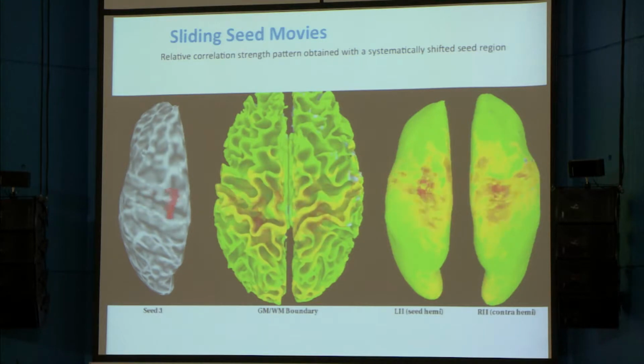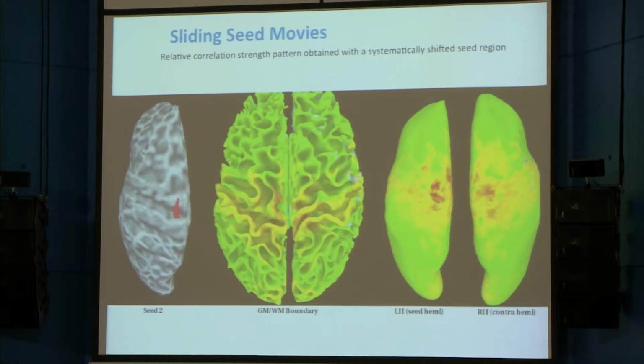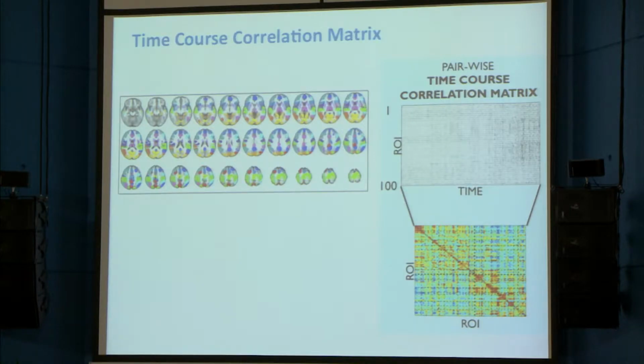And what's interesting, actually, is that right around the primary hand area, the correlation goes down, which seems to correspond to anatomic data showing the lack of connectivity between the primary hand areas. So there's some relationship to connectivity that we seem to be gleaning from this resting state correlation data.